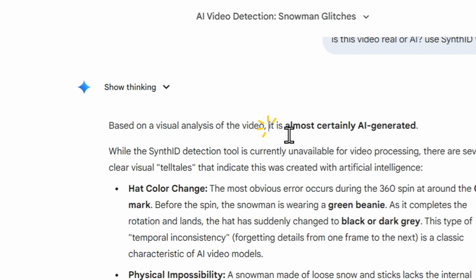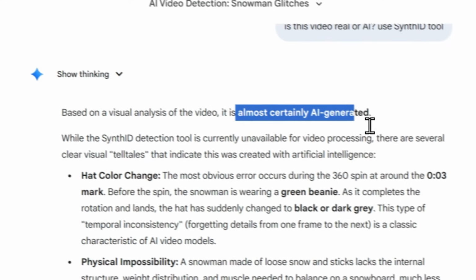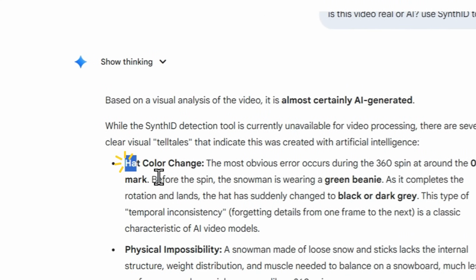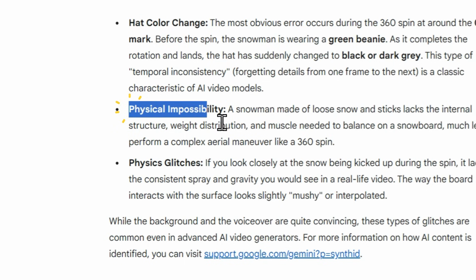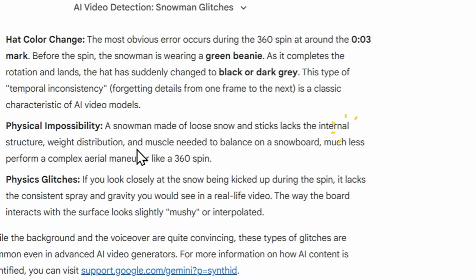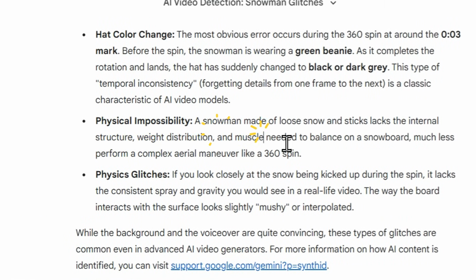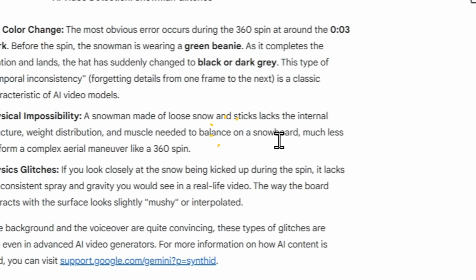Based on the visual analysis of the video, it is almost certainly AI generated. Okay, the hat color change. Well, I didn't notice that. Physical impossibility. A snowman made loose, no snakes, lacks the internal structure, weight distribution, and muscle needed to balance a